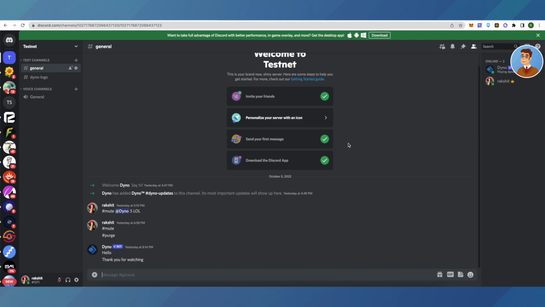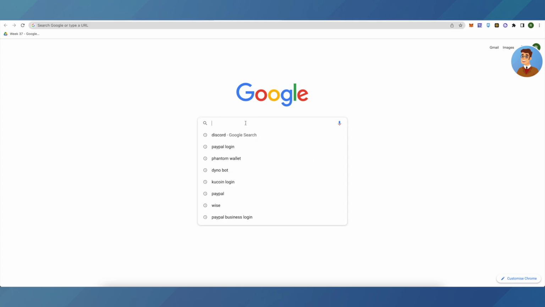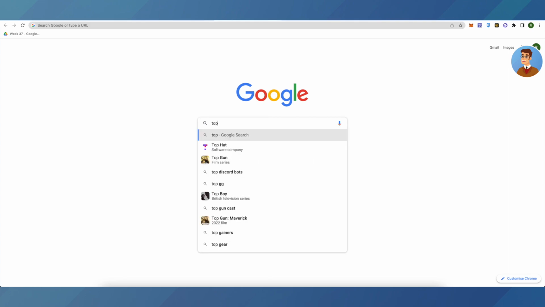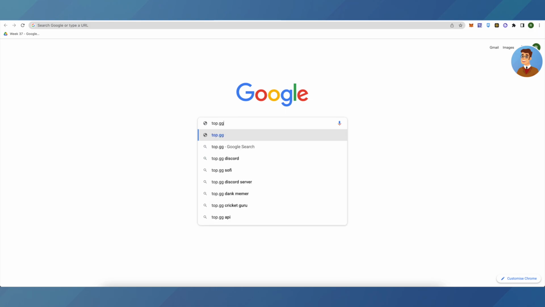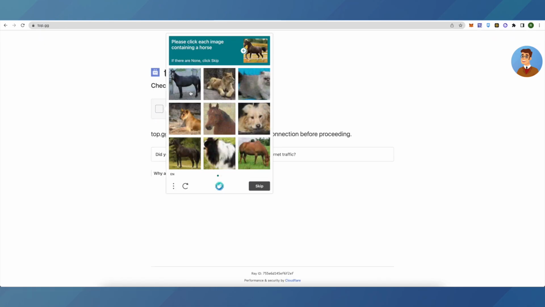And after you log into your account, go to Google again, and here we will get a Discord bot from a website. So type in top.gg. Do the security check,